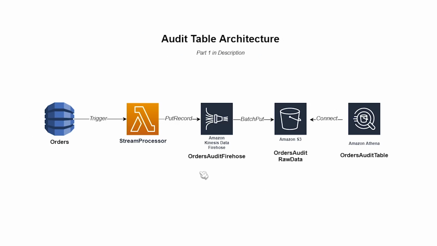So there's a bunch of different things that we need to create as part of this little mini project. First, we need to create our orders table, which is going to keep track of whatever the most recent attributes or properties of our orders are. From there, we're going to have a Lambda function. I'm going to call it the stream processor, and it's going to connect to DynamoDB using DynamoDB streams. And DynamoDB streams allow you to get notified whenever records are updated in your orders table. So for instance, whenever a record is inserted or updated, it's going to invoke our Lambda function.